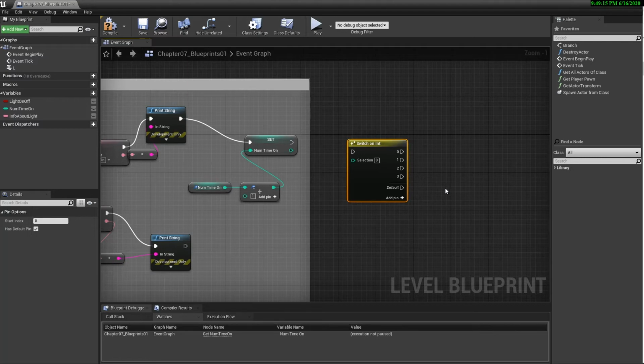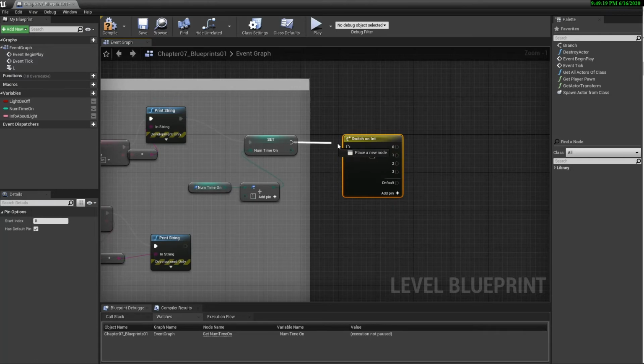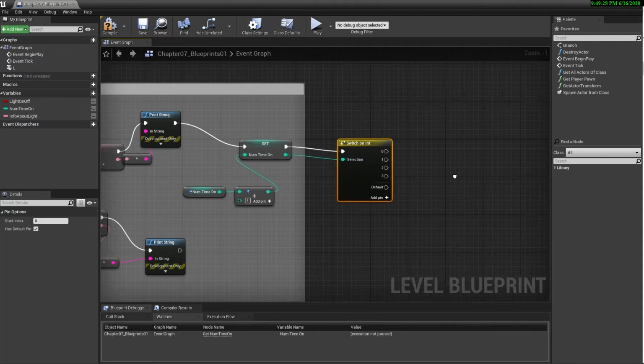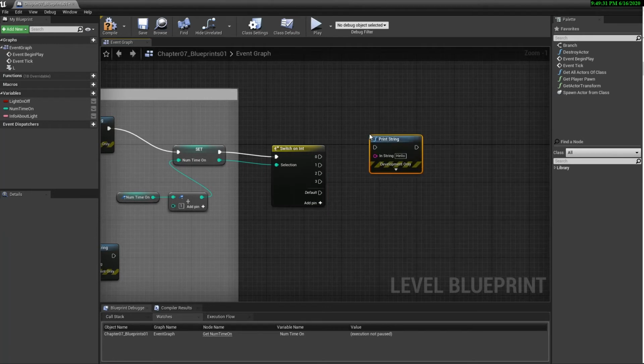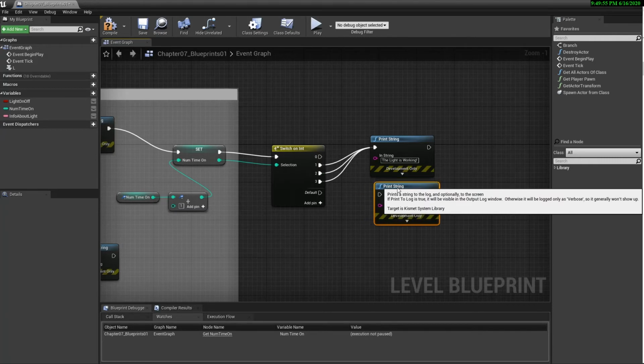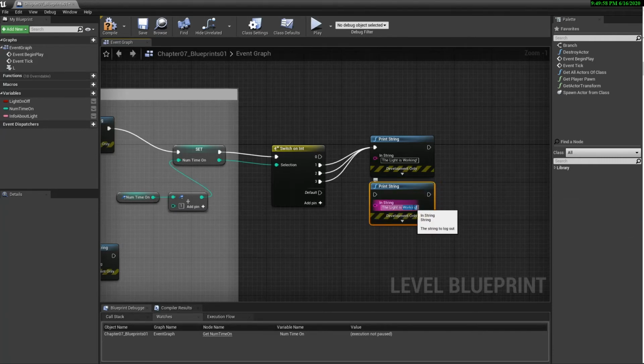Okay, so we could do this by connecting here, and then we can just take this value, the output value, and just pipe it in here. And let's do some print statements. So we can say the light is working. We're never going to get a 0 value, so we don't even need to come out of 0. But we are going to say the first click, the second click, and the third click, the light is working. And then I hit Control W and say the light is broken after 3 clicks.